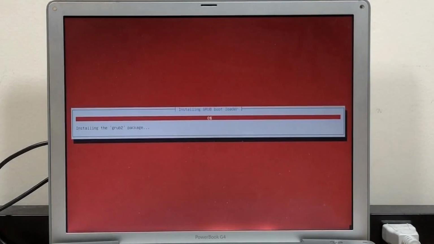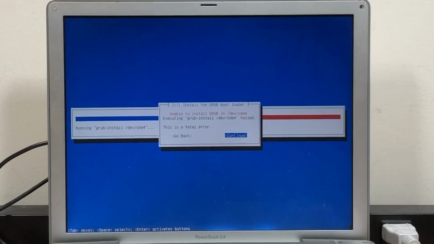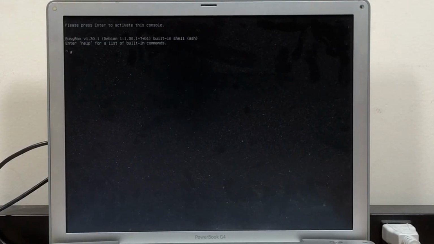Alright, we're almost getting to the point where I am guaranteed to get an error message, and if I don't, I'm going to end up with a non-functional system, but I know what to do to circumvent the error message, and that's to set up the bootstrap partition and install grub manually, and hopefully that works. Alright, unsurprisingly, that failed, so the solution is to head over to Alt F2, press enter to activate the console.